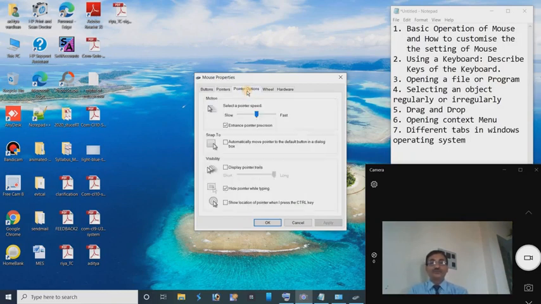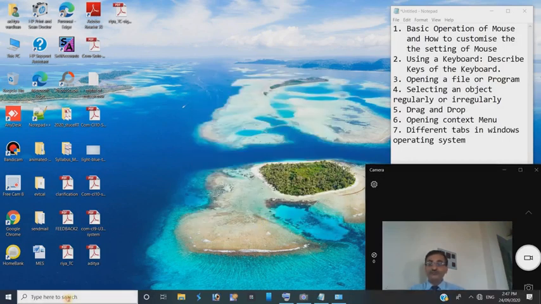Next one is pointer option. Select a pointer speed. We can enhance the speed of the pointer. Snap to automatically move pointer to the default button in a dialog box. What does it mean? It does mean mouse pointer will be automatically moved to the active place. How? First of all, I am applying this one and apply. Okay, so if we put here OK, and again going to open